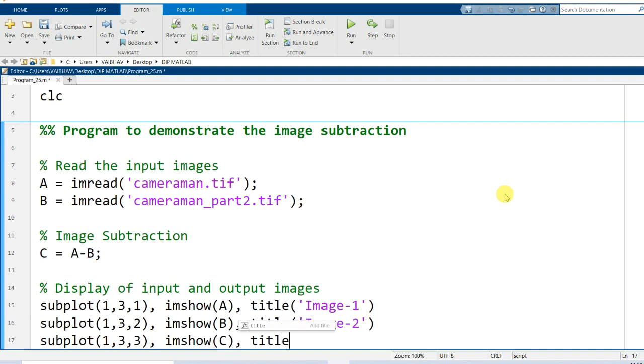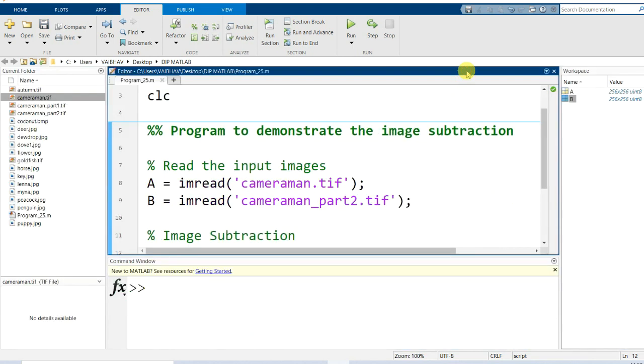So the title I provide here is "Result of image subtraction." Now I save this script. We have already saved it, but I am saving it with whatever possible changes we have made here. Now let us run this script.